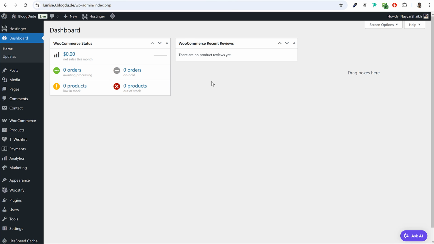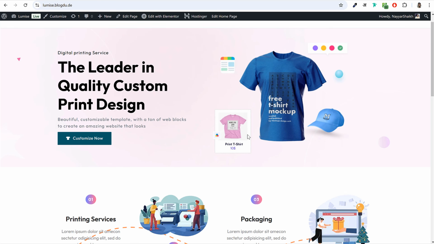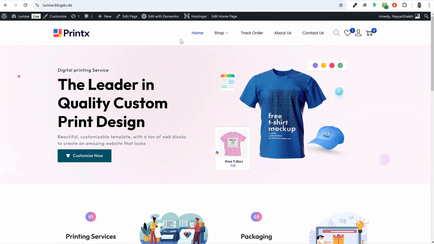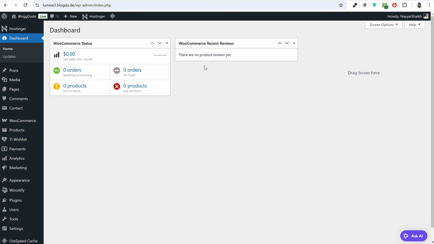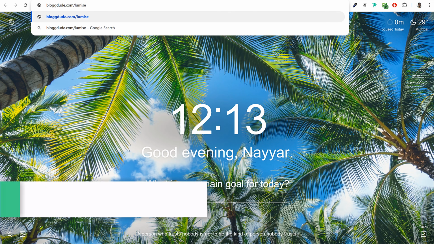Now let's do one thing. Let's install the plugin that will convert our website into a product designing website. Okay, the most important plugin. So this is again an external plugin. To install or to download this plugin, we'll have to again open a new tab. And this time type in